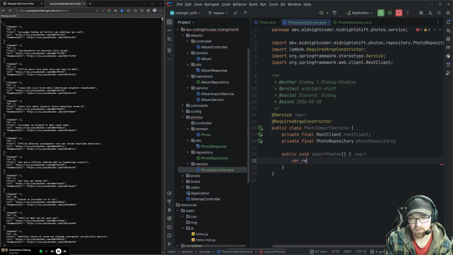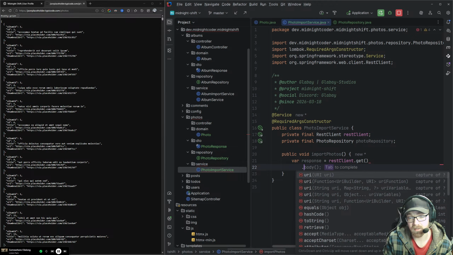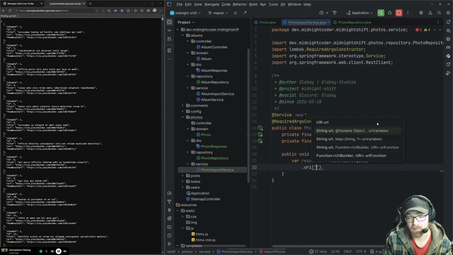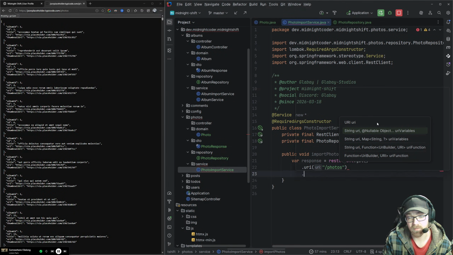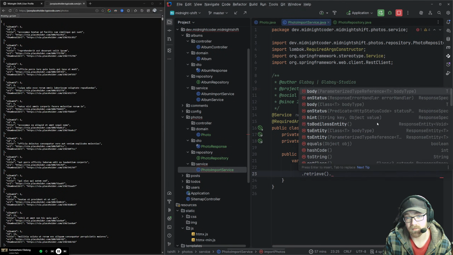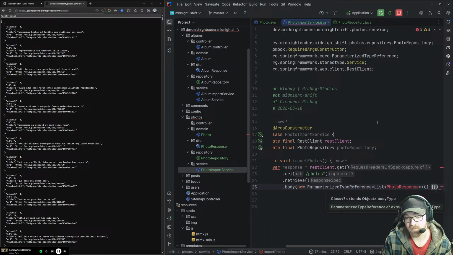So now we're going to say that the response is going to be equal to the type right REST client dot get. We're going to say the URL is that of photos. We're going to want to retrieve that, and body that into a new parameterized type of a list of photo responses.